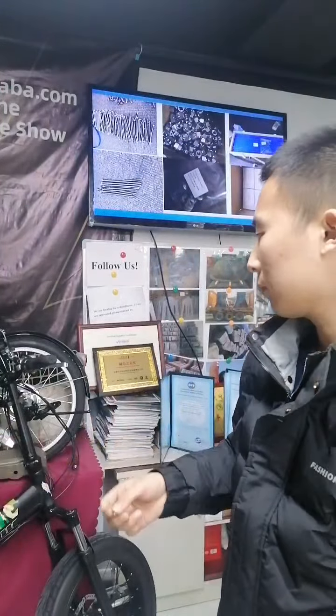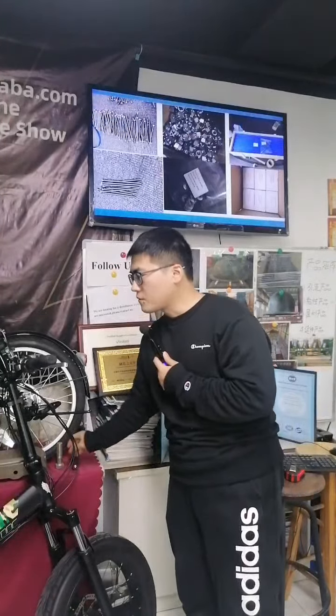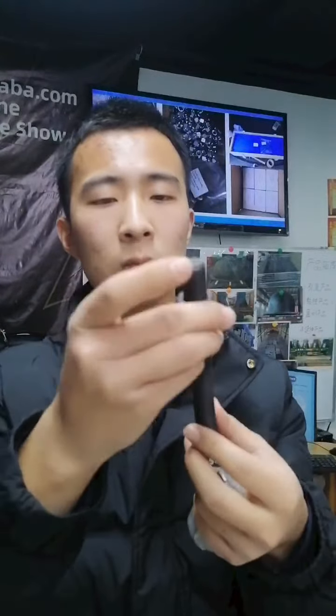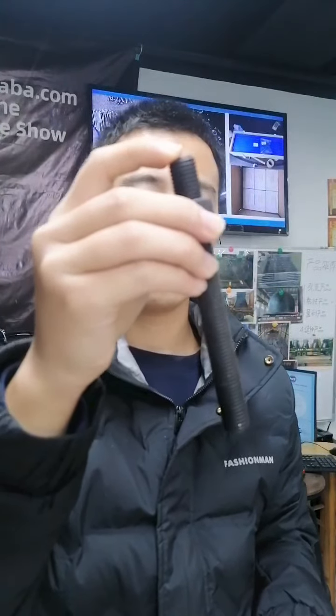And there are other bolts Carl would like to show you. Yes, as you see on the camera, this is our bolt with 45 steel, carbon steel. And as you see, it's totally a bolt without a bolt head. So you can use many nuts on it to make sure, like 2 nuts or 3 nuts, and